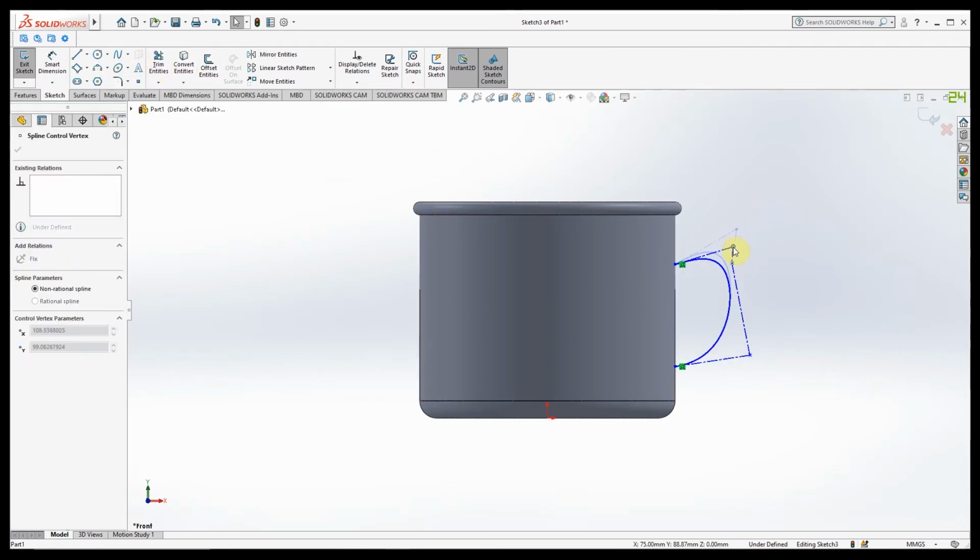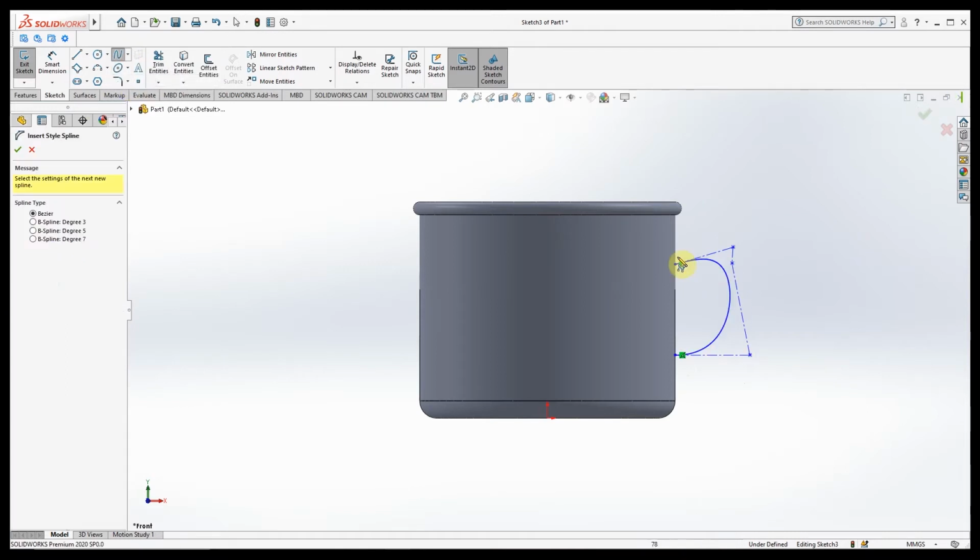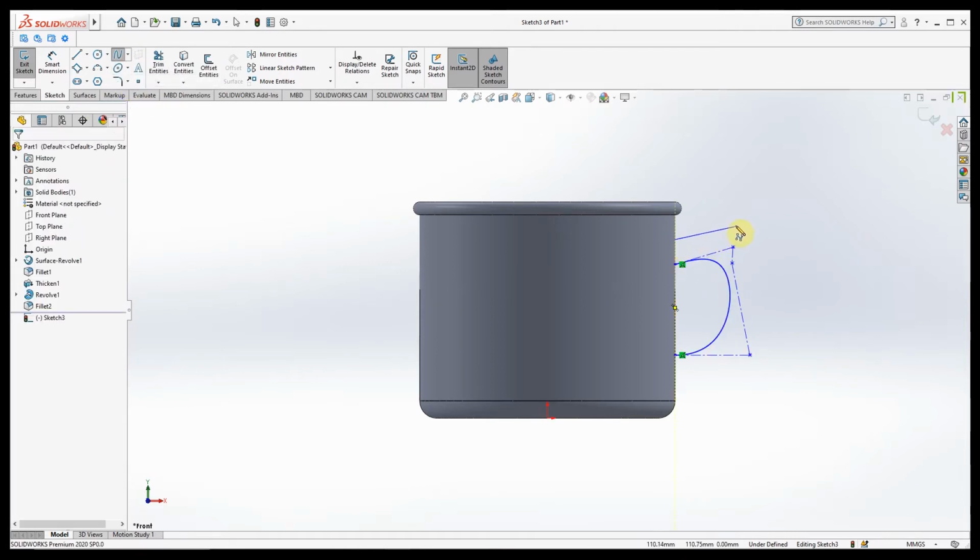Make one handle like structure, whatever the size it is, make it. And we need one more parallel line or parallel curve.